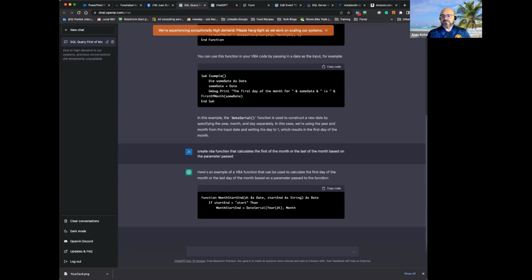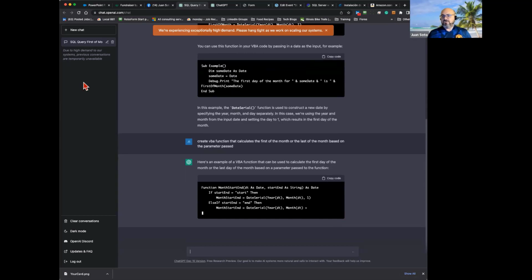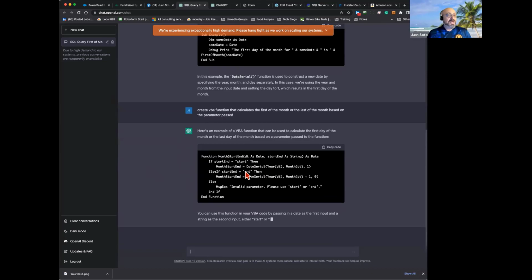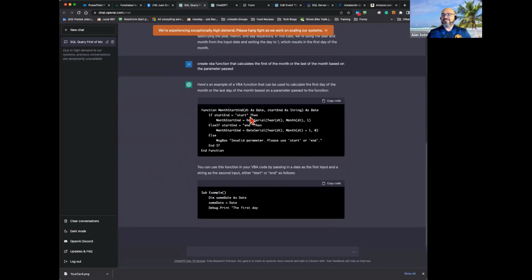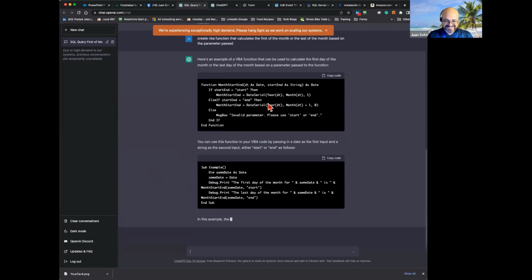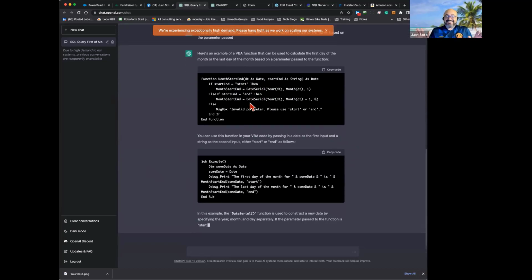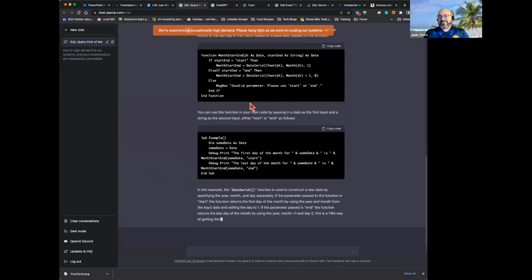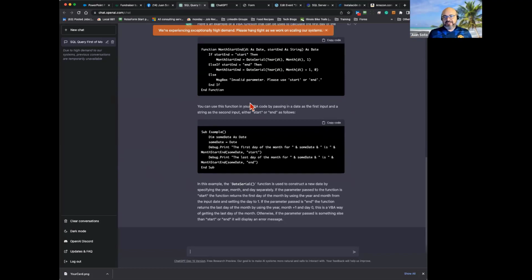All right. So ChatGPT is saying, okay, this is the function MonthStartEnd. Not a bad name for a function, right? Function MonthStartEnd, dte is date, startEnd is string. If startEnd is start, then, oh my God, this is uncanny. This is blowing me away. I don't know about you guys, but the hairs on my forearm are standing up. Uncanny, because again, I could find examples of VBA code that do this on the web, but then the fact that I can supply field names and